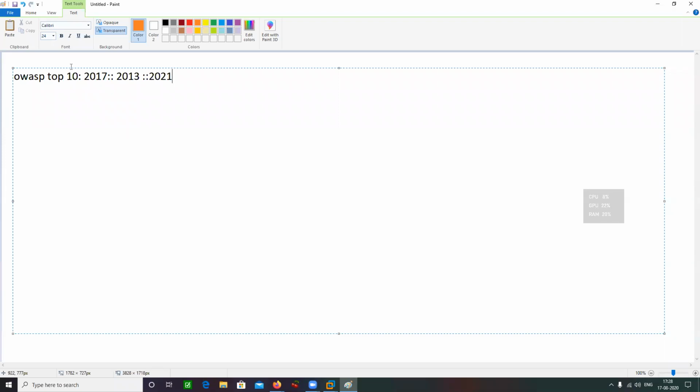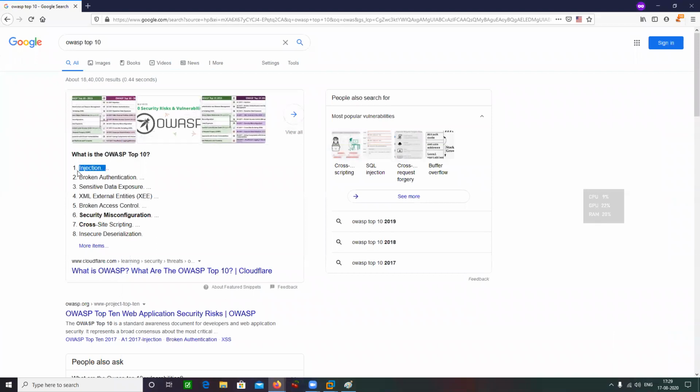All over the globe, they monitor the trends and see what kinds of attacks were performed by the attackers. Then they give a list of attacks or vulnerabilities. This is the 2017 list, which contains the top 10 vulnerabilities exploited by attackers. The first vulnerability, or first attack vector, was exploited most frequently by the attackers.